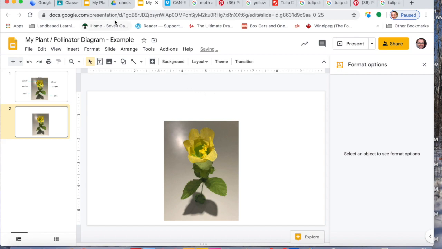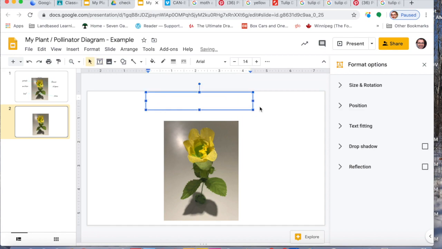All right, so the next thing I'm going to do is create a text box. Now that was the problem with the Google Doc. It wasn't letting us do this very easily, but in slides it's super easy. Click text box, and I'm going to draw the text box where my title will go, which is right at the top. So I have to click and hold, and now I'm going to just type in the name of